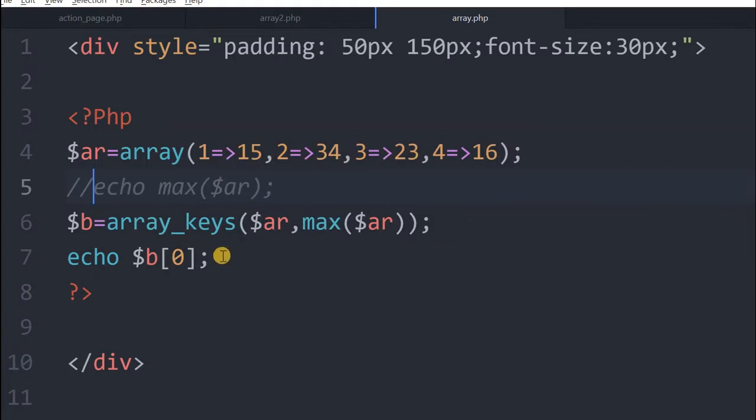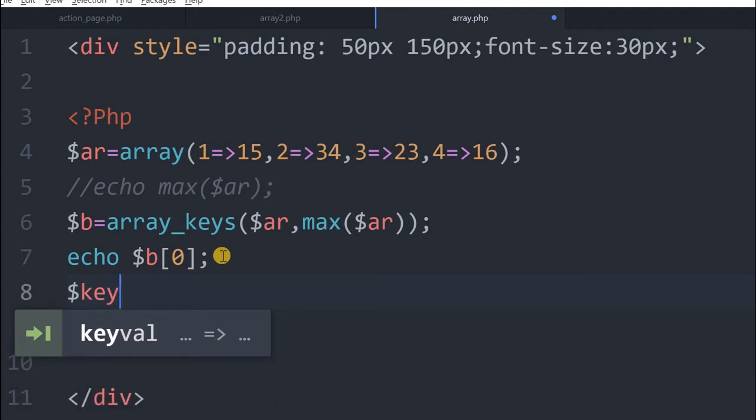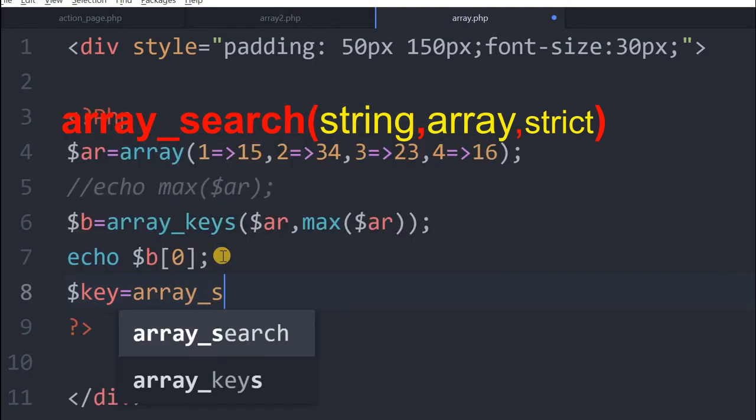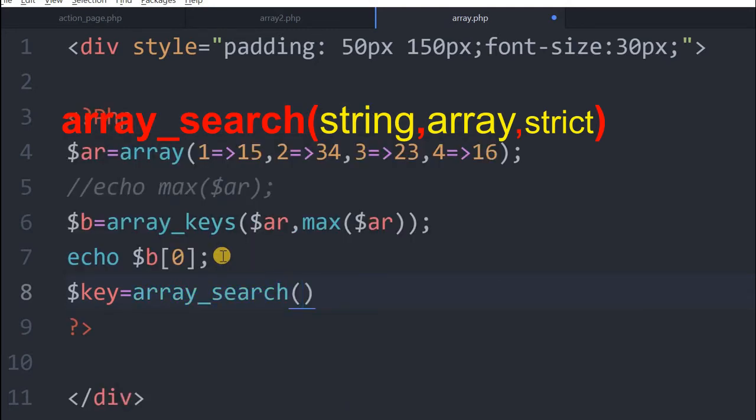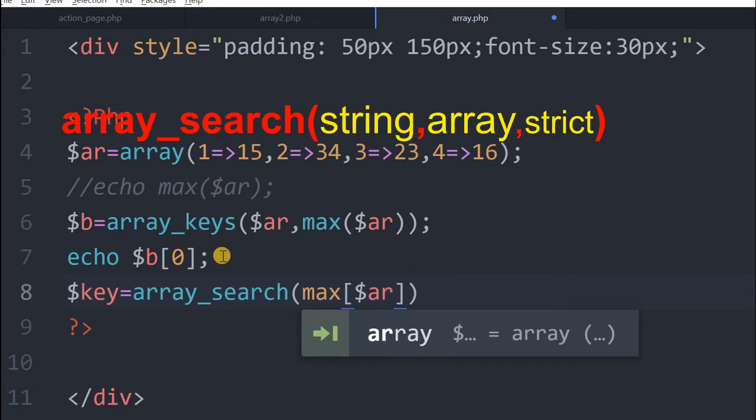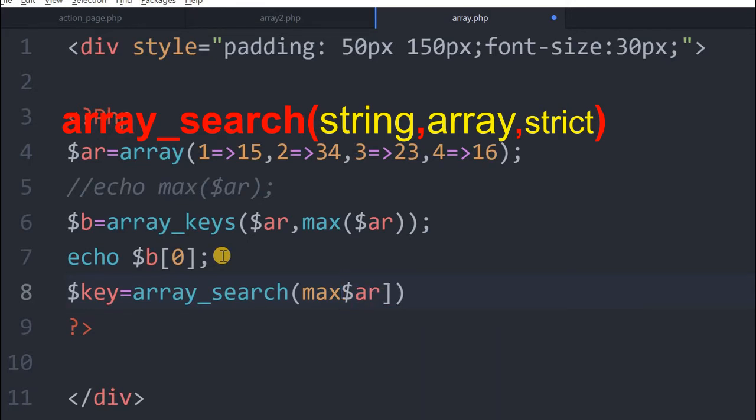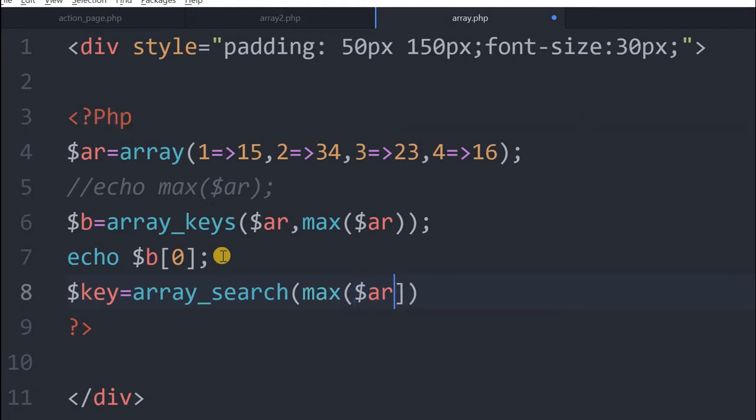Now one more way we can get it is by using array_search. Let's give a variable key equal to array_search. Array search will search a value and return us the key of it. What it will search, I will define by using max as the input, max AR. So what you are telling it is to search for this.